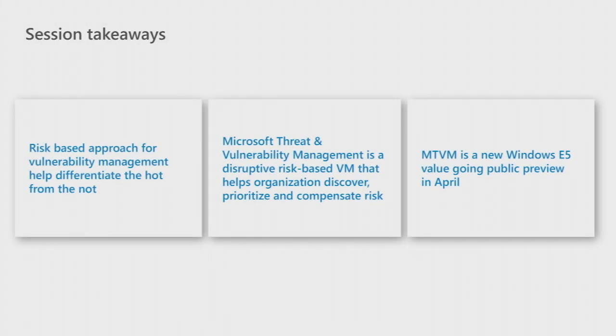So a couple of session takeaways before we finish. We're taking a new risk-based approach to vulnerability management to help differentiate the hot from the not. That list of security recommendations is prioritized by what is important to your organization and is tailored to your organization. It's coming in real time. Every time there's a new critical vulnerability, it will be there. If there's a 0 day, it will be tagged. If there's a way for us to help you mitigate it, we'll let you know about that. When new information arises on that vulnerability, again, that information will flow there in real